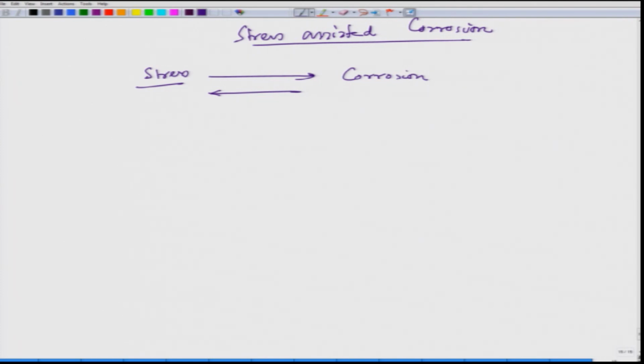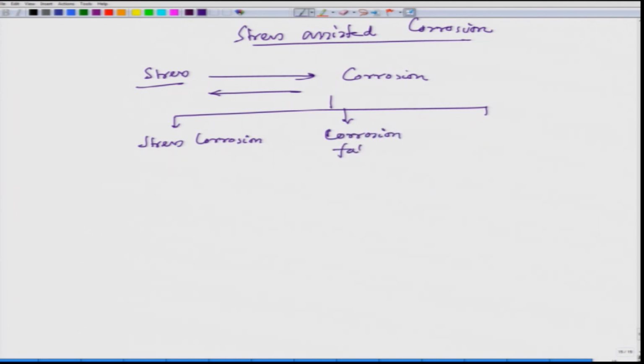Now, stress assisted corrosion can be divided into three parts. One is stress corrosion, another one is corrosion fatigue, and then we have hydrogen